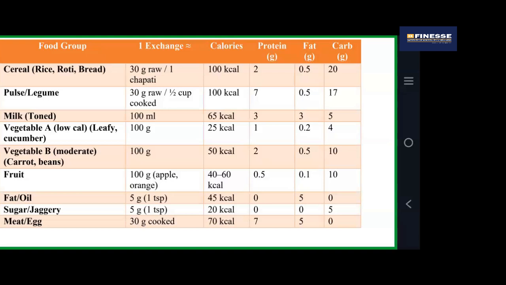ठीक है, इसका हाफ हो जाएगा 50 ml. इस पर आपने 2x पोर्शन दिए तो 200 ml ऑफ मिल्क हो जाएगा. तो नेचुरली ये सब वैल्यूज इंक्रीज हो जाती है. ठीक है, सो वन पोर्शन इज 100 ml इन द टेबल. सो वो 100 ml में कितनी कैलोरीज है? 65 कैलोरीज है मिल्क में, 3 ग्राम ऑफ प्रोटीन है, 3 ग्राम ऑफ फैट एंड 5 ग्राम्स ऑफ कार्बोहाइड्रेट्स. ठीक है, नाउ